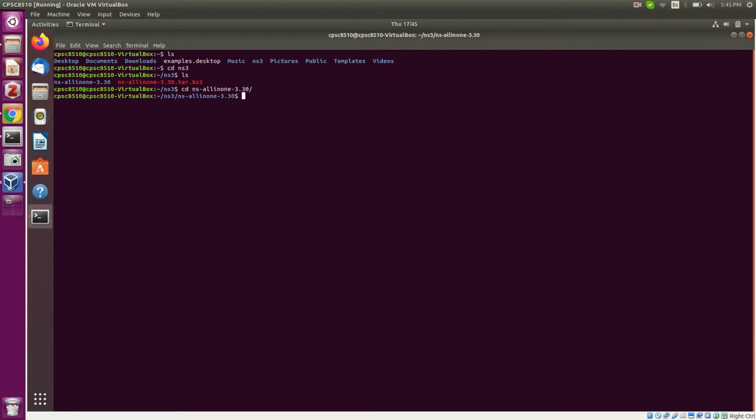We use NS3 version NS3.30. If you're looking out there and you come across NS3 dev and you are wondering what the difference between the two is, NS3.30 is the stable release of NS3 version 30, and NS3 dev is the developer's release.